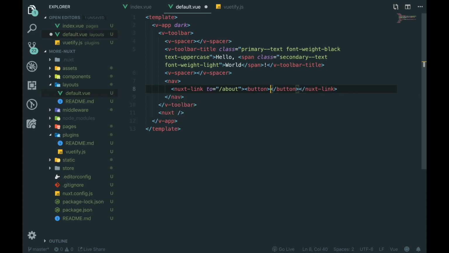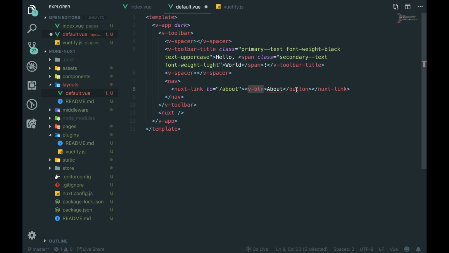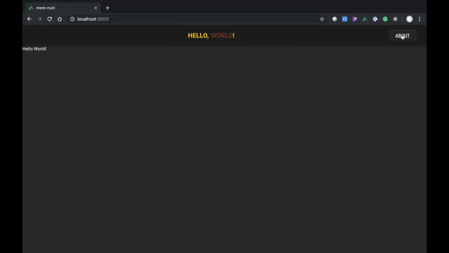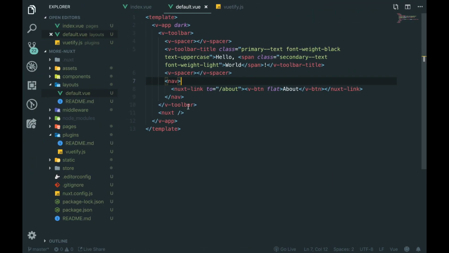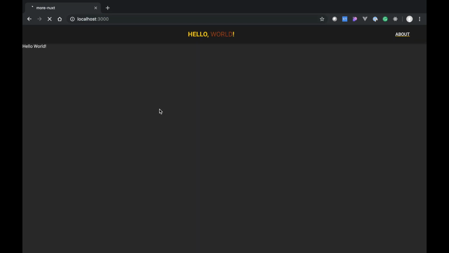We're also going to wrap this in a button. So I'm going to say button. Oh, sorry, that's wrong. It should be v-btn. And it's going to have the flat design on it. Let's hit save. And there you go. We got this little button here. Ignore the underline. That's just styling off Nuxt link. And this goes to about. So if we click this, it's going to take us to a 404 page